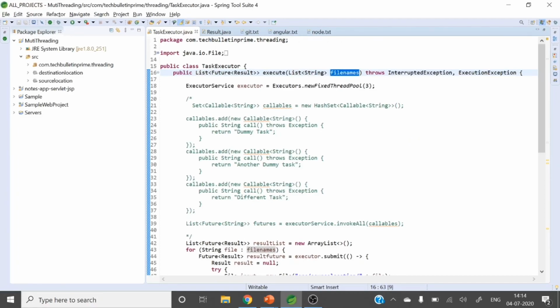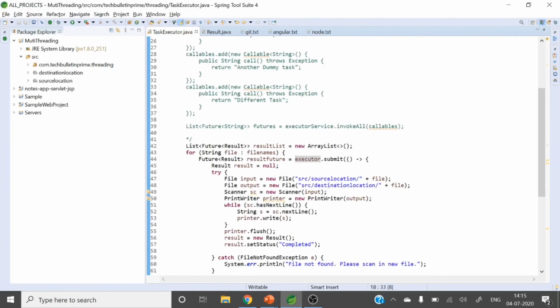After that, here you can see the syntax: ExecutorService executor = Executors.newFixedThreadPool(3). So it will create a thread pool of 3 threads. This is the reference to that thread pool.